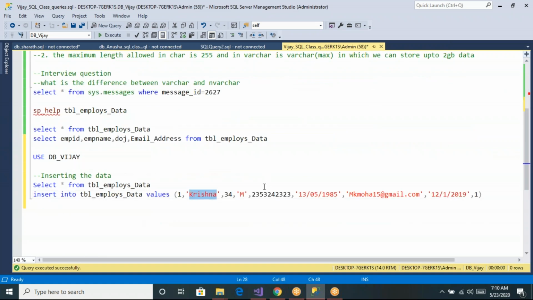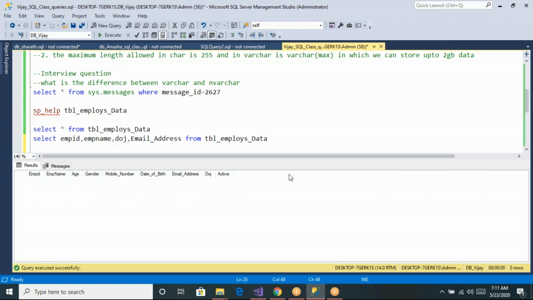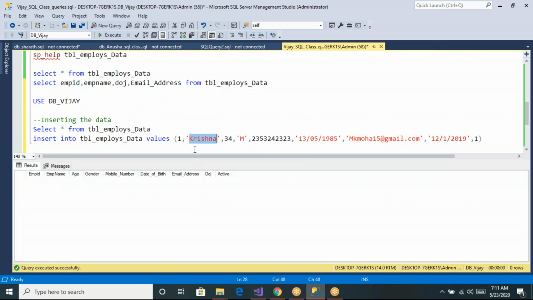And if it is a varchar or date field, then we have to specify them inside single quotes. Now you can see we have 9 columns and we have specified 9 values: ID, name, age, gender, mobile number, date of birth, email address, date of join, and active.